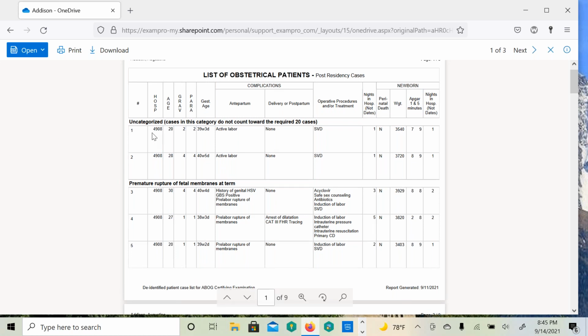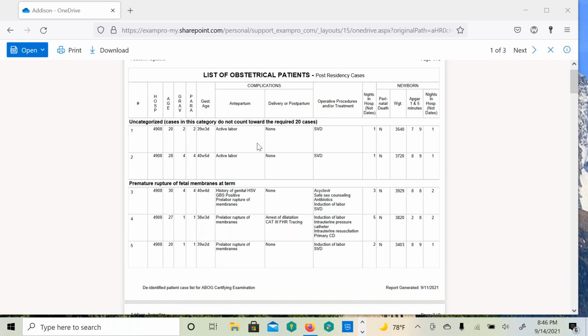Great. Case number one. Maybe we'll just go with case number one this evening for everybody. A 20-year-old, her second baby already, 39 weeks, active labor, SVD, and it looks like she had really nice outcomes there. If this patient is admitted in active labor and you're called to see her, on examination you identify she's maybe 6 centimeters dilated, with an apparent brow presentation, or possibly a face presentation. How would you begin to evaluate the situation further? What would be your first steps?